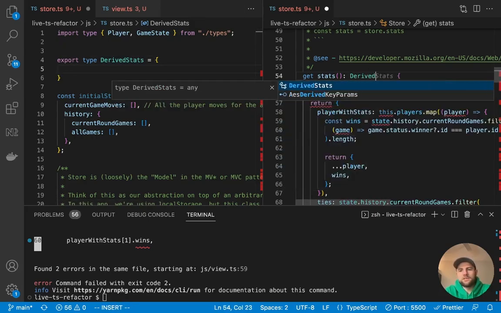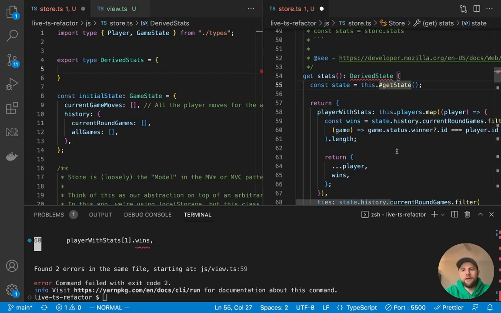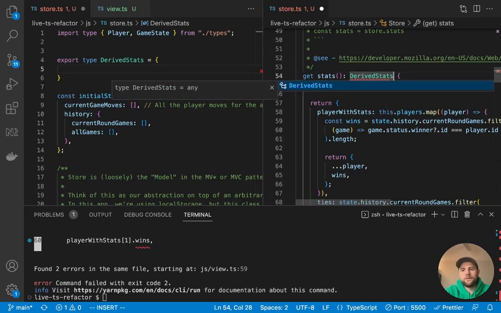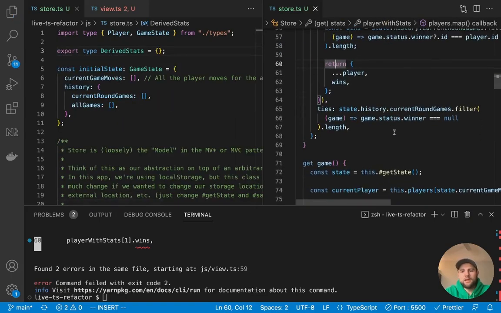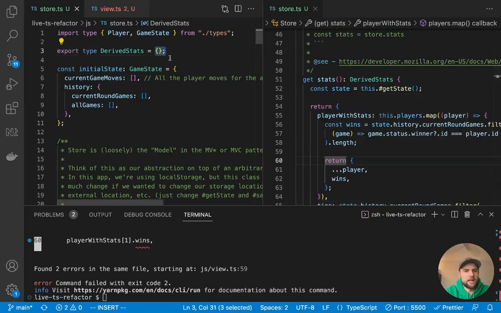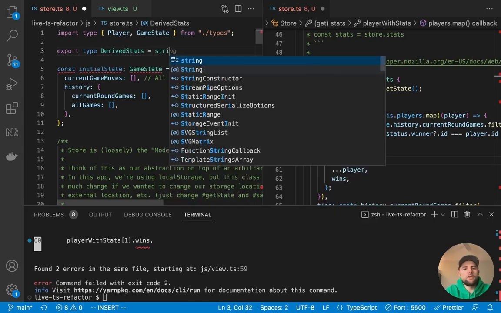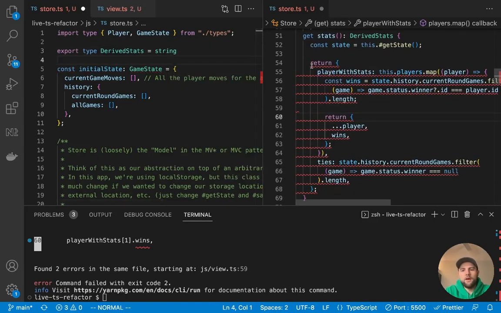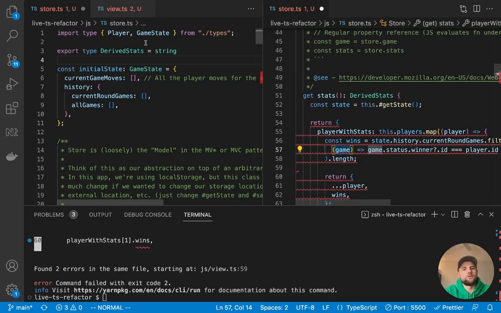And now I'm going to assign the return value of stats to derived stats. And as we see it right now, looks like nobody's complaining, and that's because we've defined this as an empty object. But let's say that we defined it as a string. Now this is going to complain because our return type does not match the explicitly annotated return type that we had assigned it.